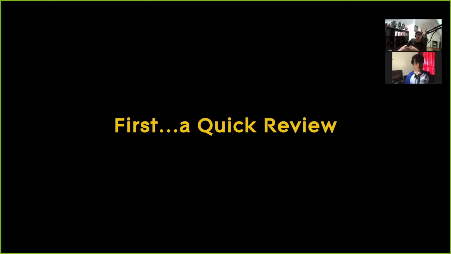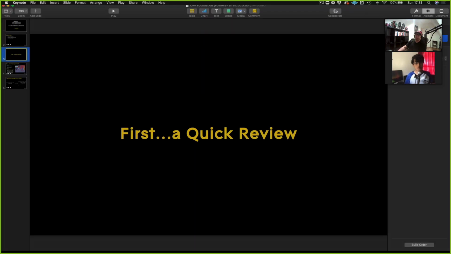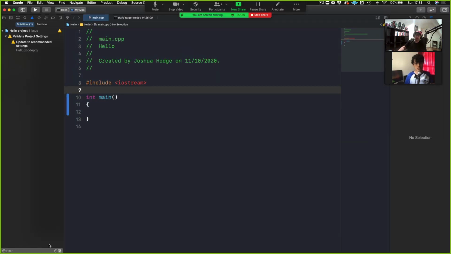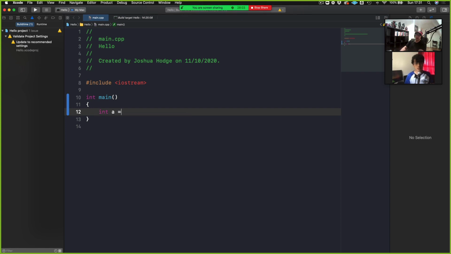So here's our overview. This is what we'll talk about in this lesson. We're going to start off with some very high level thinking. And then we're going to take that concept and turn it into code. And then we will do a practical code walkthrough. First thing that we're going to do, though, is a very quick review of something that we've already covered before, which is references. Okay, so let's say that we have an int, and I make an int a,